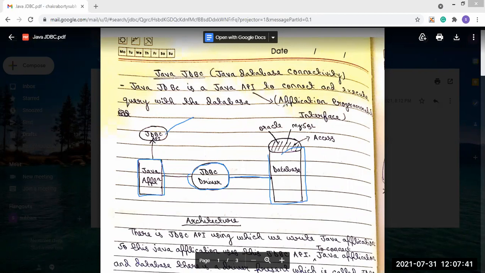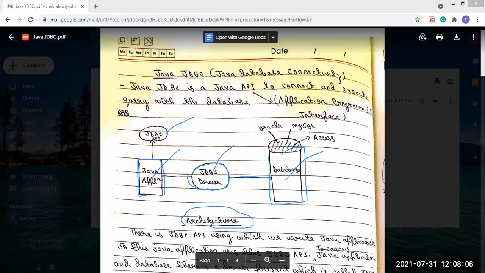Now, if we see this architecture, this is the Java application, this is the JDBC driver, this is the database, and in the Java application there is the JDBC application programming interface present. This is the architecture of Java JDBC.